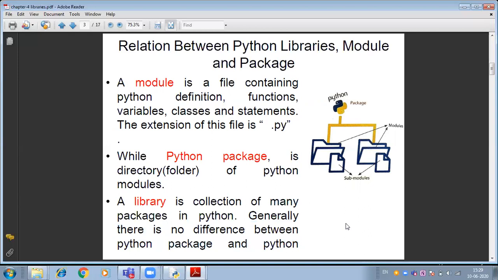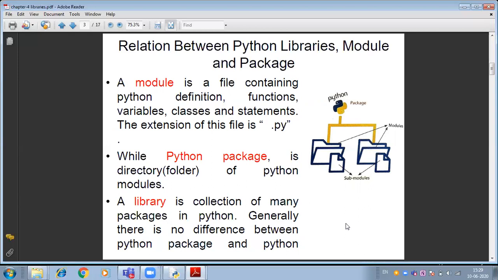So what is a module? A module is basically a piece, a partition, a small portion of a large program where we keep the module inside a package. So a package is basically what? A package is considered as a large folder or a directory which contains modules.